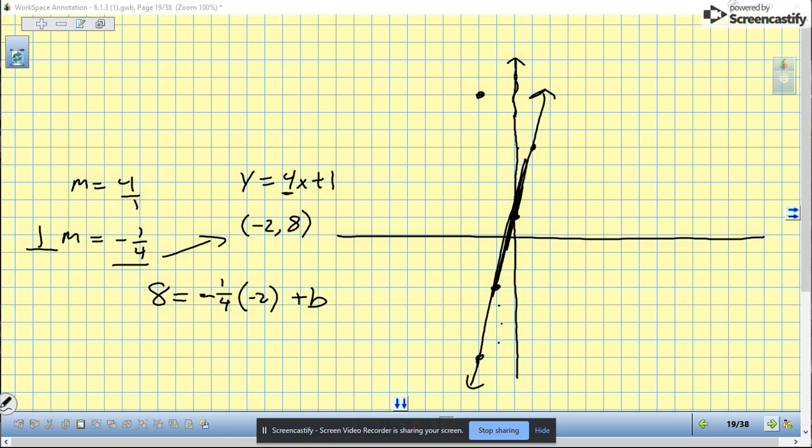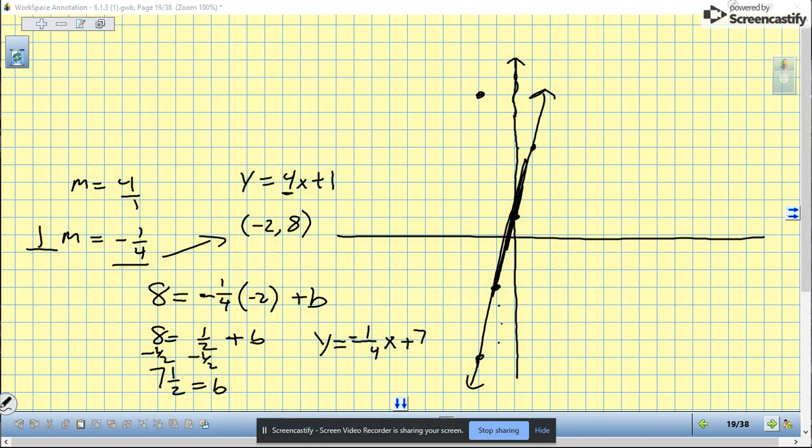So that's going to be 8 equals 1/2 plus b. So that's going to be 7 1/2 because I'm going to subtract 1/2 on both sides, equals b. So my equation there is going to be y equals negative 1/4